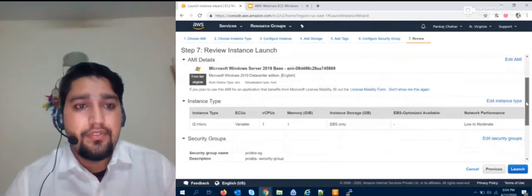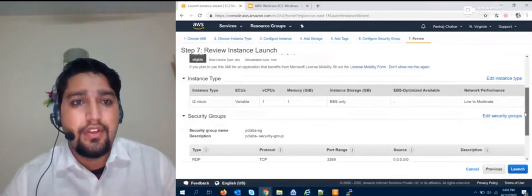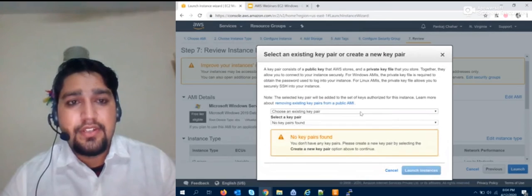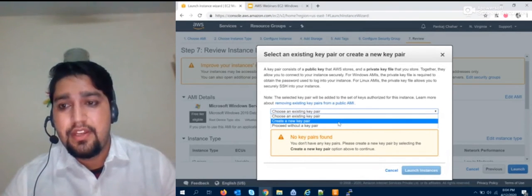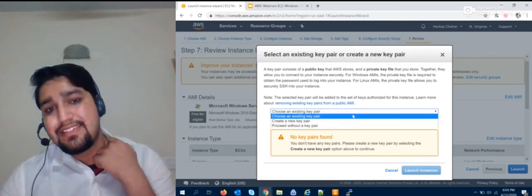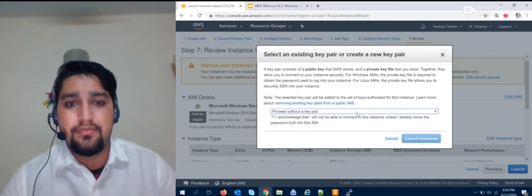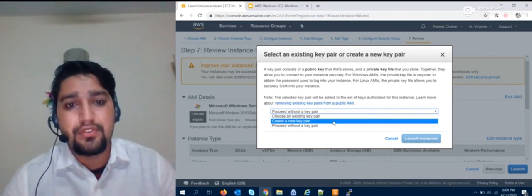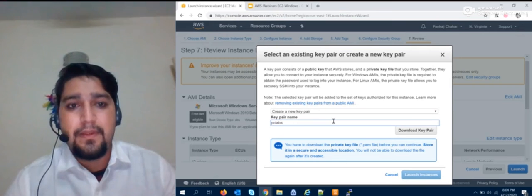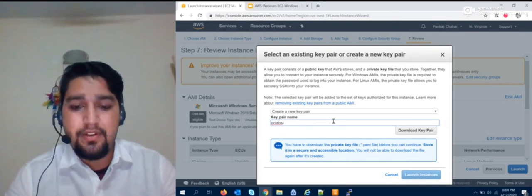I'll review. The review will give all of your instance details that you have chosen so far, and just go with launch. If you already have an existing key pair, you can use it. If you want to proceed without a key pair, you can do that. I'll choose to create a new key pair actually. So I'll name it PC Labs